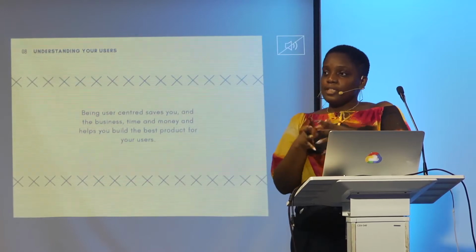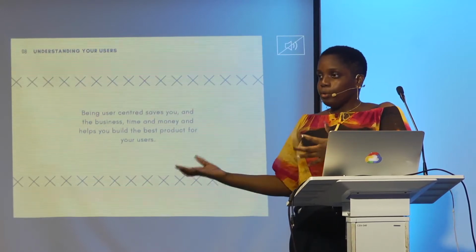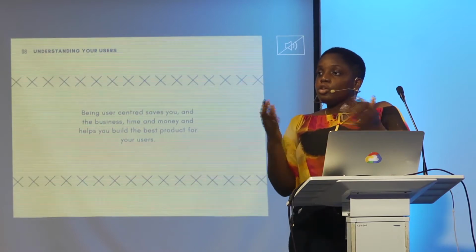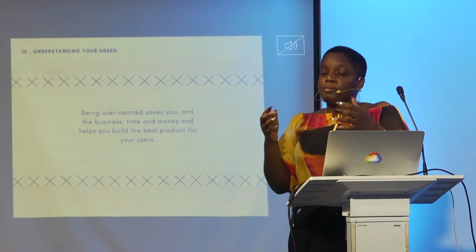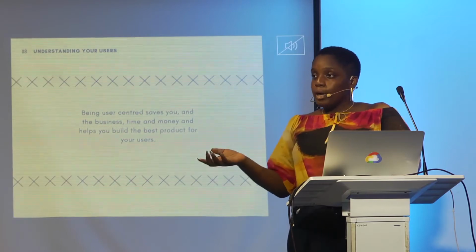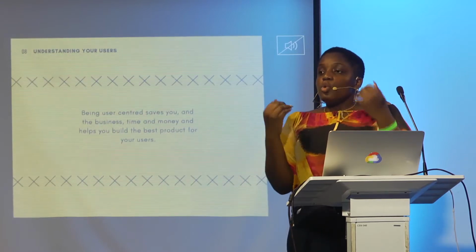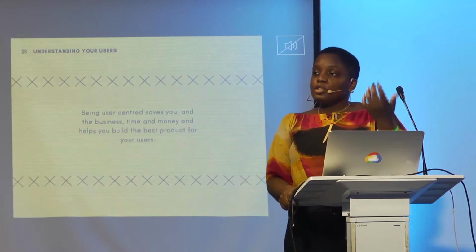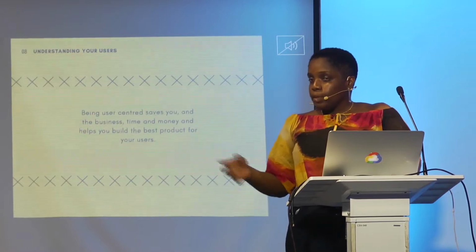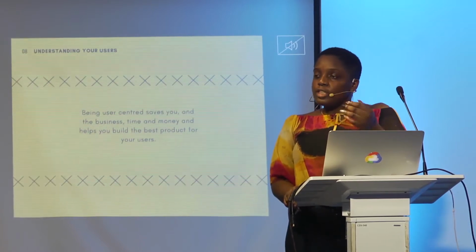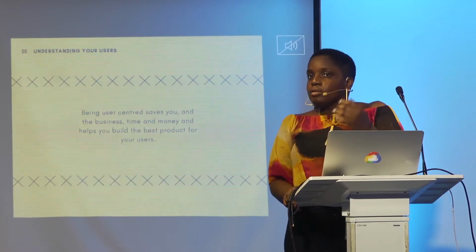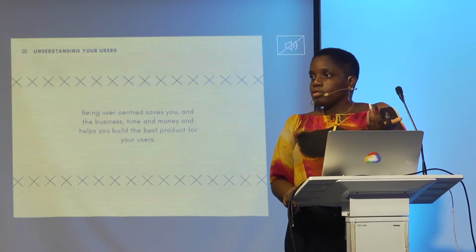The users for a specific product are different from users for another product. Even if you're in the same space, doing the same thing, your users are different. Even though you might have the same user, for example with banks, many people have more than one bank, you have to always speak to your users. Of course, there are resources that can tell you that 70% of people don't like one thing or 80% of people like another, but the only best practice, I think, is doing research with your users.